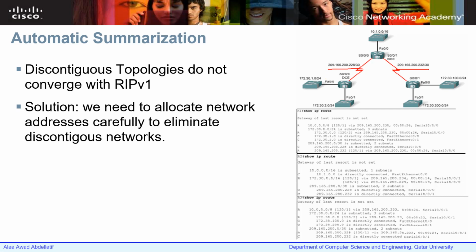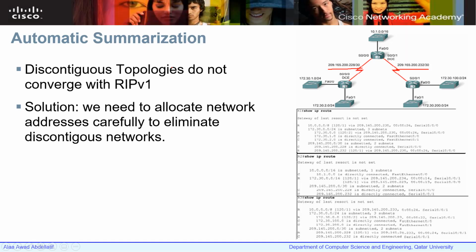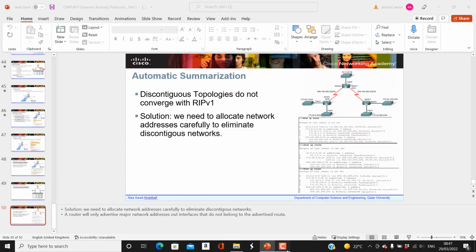It's better from the beginning to configure the network to be a contiguous network, not a discontiguous network. This is one solution: distributing the IP addresses this way to avoid a discontiguous network. Okay? Any questions? So now we finished the first part of